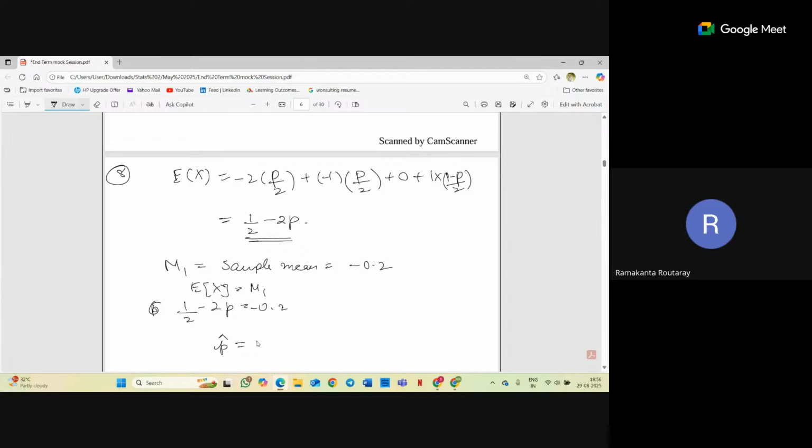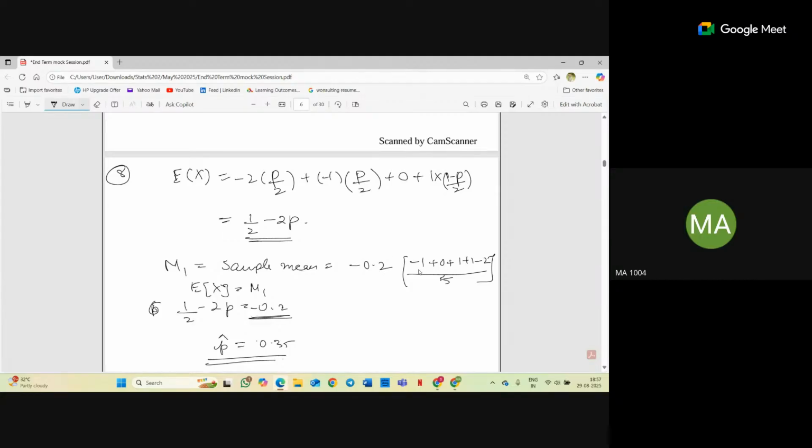When this is minus 0.2, how do we get it? This is the sample mean, right? So we have the samples minus 0, then... Ma'am, is it 0.15? I mean, P would come out to be 0.35, right? 0.35. Okay. So what is the sample mean?